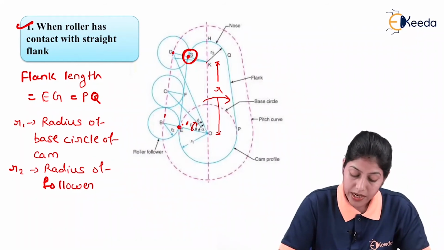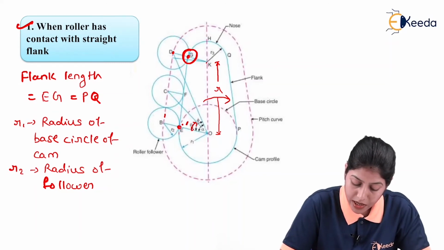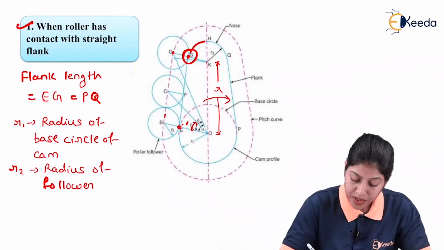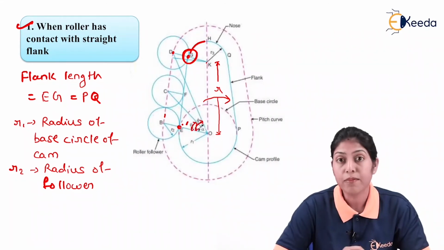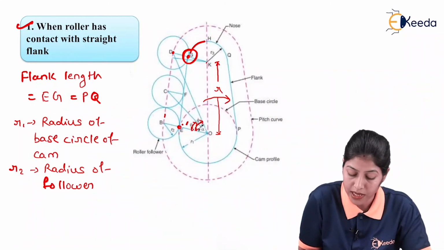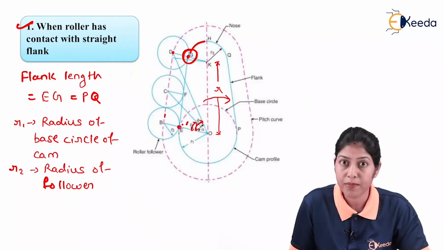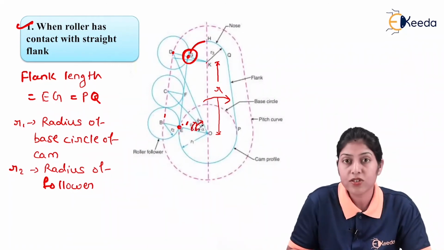When the roller follower is reaching this end point of the flank G, the center of the roller follower changes to D and the contact point changes from E to G, and from this point the nose surface is going to start. So this is the extreme position of the flank. In that case the angular displacement of the cam is phi, which will be the maximum value of theta. So when theta equals phi, the velocity of the roller follower will be maximum while it is rolling over the flank surface.